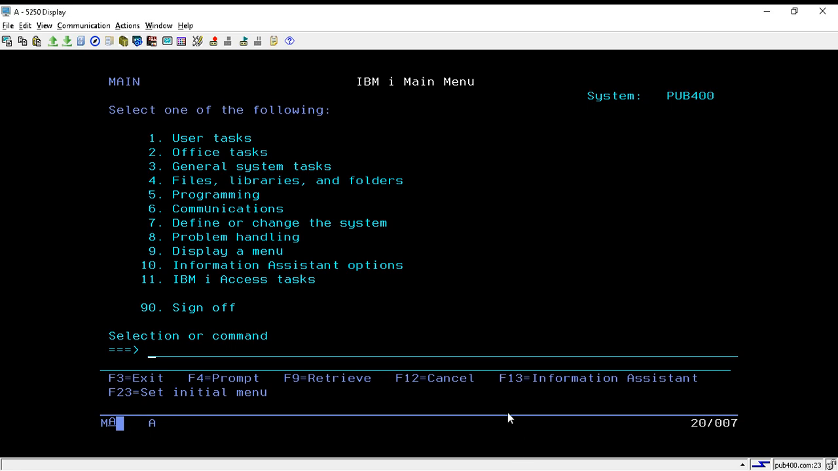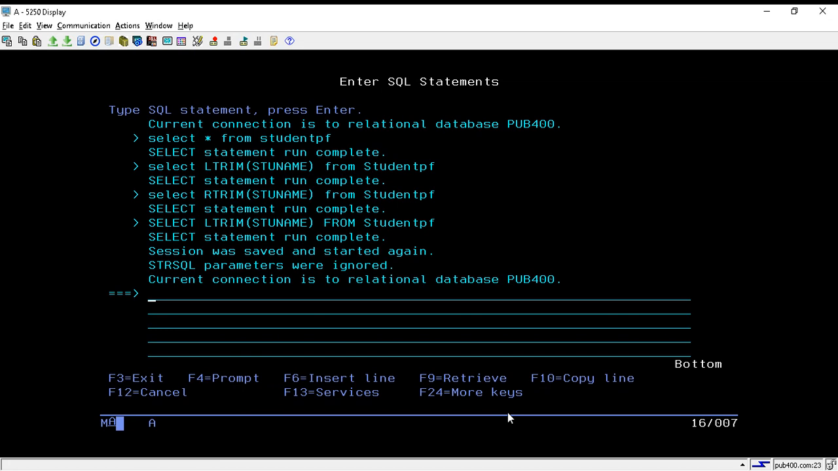In this session, we will learn about two DB2 SQL functions, that is LTRIM and RTRIM. So first of all, I will go with the STRSQL command to reach the SQL screen. Now I will show you the table with some data that we will use for the demonstration of LTRIM and RTRIM function. So my table is, I'm writing the query for displaying the data, that is select star from